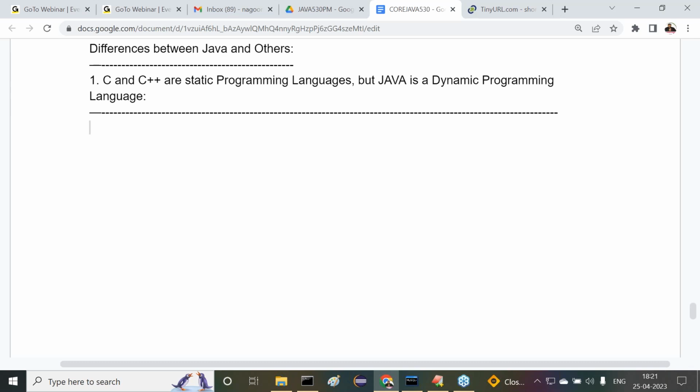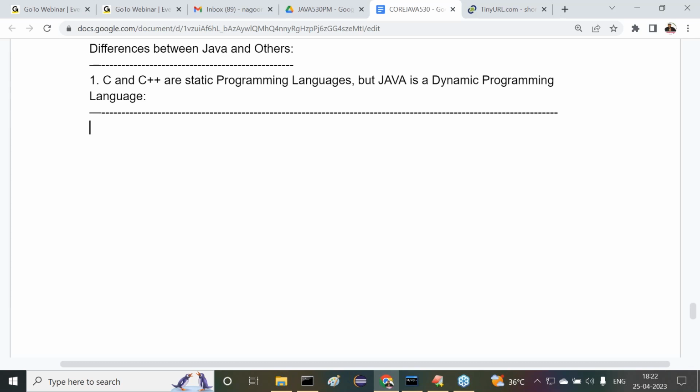What exactly is the meaning of static programming language and what is the meaning of dynamic programming language? Listen carefully, straightforward information. If any programming language is providing memory allocation for the data at compilation time, then that programming language is a static programming language. Come again, what is a static programming language?